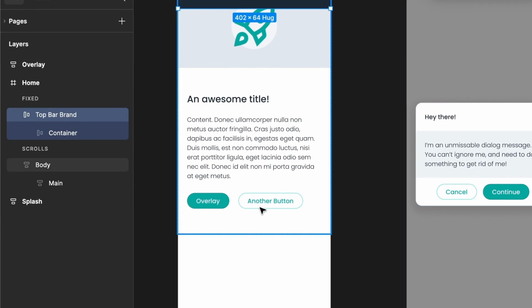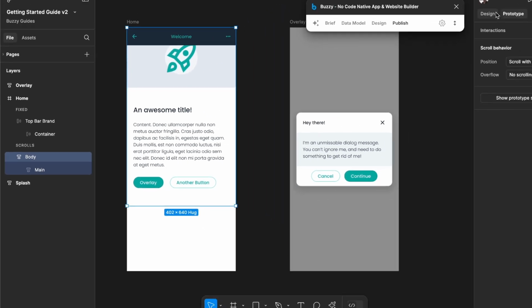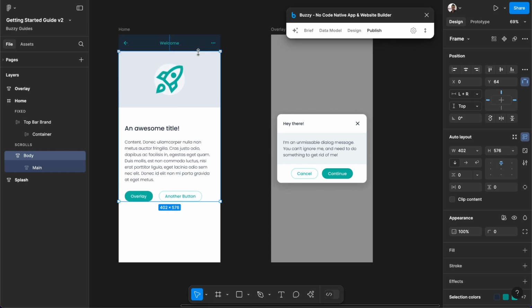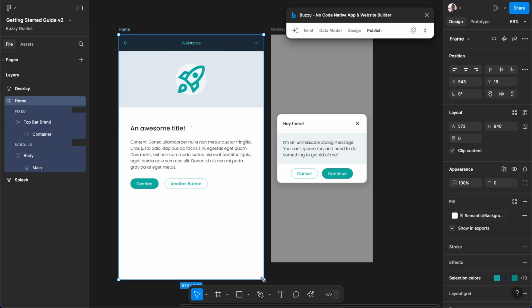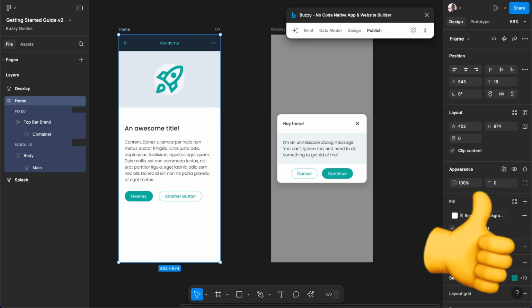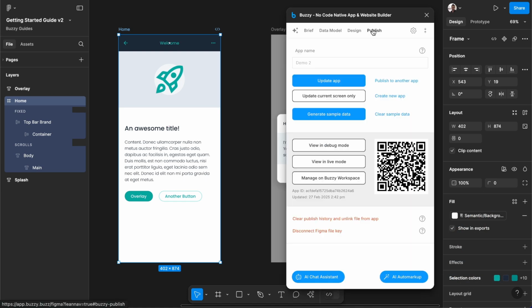Now for the remaining content. Like the Navbar, it now needs to be absolutely positioned relative to the screen frame. In this case, we need to allow for the Navbar at the top, but still want to stretch it to both the left and right edge of the screen. Since auto layouts are still best practice, we want to make sure that our main content wrapper frame is an auto layout. Creating this in this way means we can easily nest the remaining screen content inside it and not have to position everything individually. It's also our recommended pattern if you're publishing your Buzzy app as a native Android or iOS app to one of the app stores. If we update our Buzzy app now,